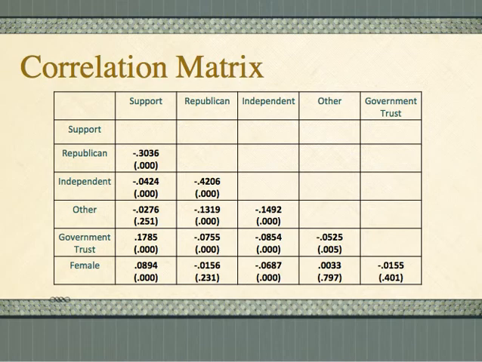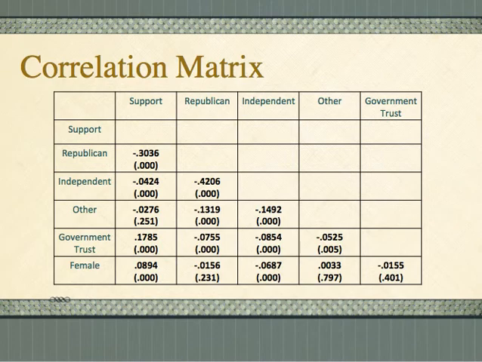The data in the correlation matrix support the first hypothesis that party identification affects support for public expenditure. Looking at Pearson's R for support by Republican in the first column, we can deduce that relative to Democrats, Republicans are quite a bit less likely to support public expenditure. For public opinion data sets like this one, negative 0.3036 indicates a fairly strong negative relationship. Since that number squared is 0.092, we know that being a Republican explains approximately 9.2% of the variation in support for public expenditure. Independents and those in the other category were also less likely to support public expenditure than Democrats, but the relationship in this case is not as strong.